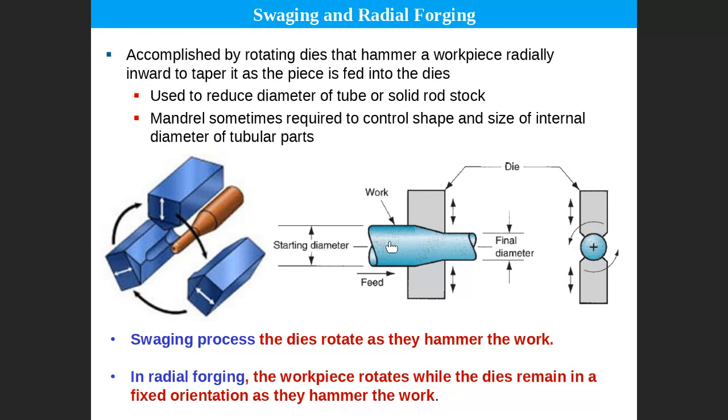Initially, its diameter is big, but you're hammering the workpiece to reduce the cross section and become this one. So this is what we call swaging. You're hammering the workpiece to reduce the cross section, and please listen to me guys, in swaging, the die is hammering